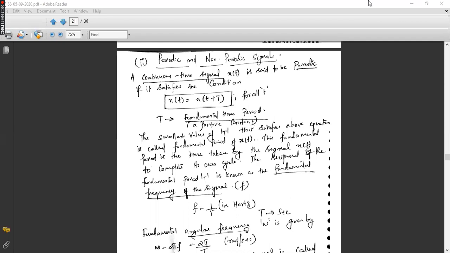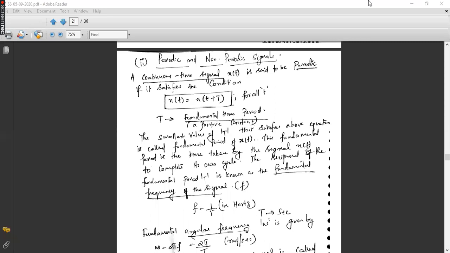Suppose you take a sine wave. A sine wave will have a positive half as well as a negative half. Clear? Suppose it takes 4 seconds, 2 seconds for the positive half and 2 seconds for the negative half. So totally it will take 4 seconds to complete. At the 4th second, what will happen? It is going to repeat itself periodically. The same pattern will repeat after every interval of time. In that case, we can consider that 4 seconds is the time period of the particular signal.